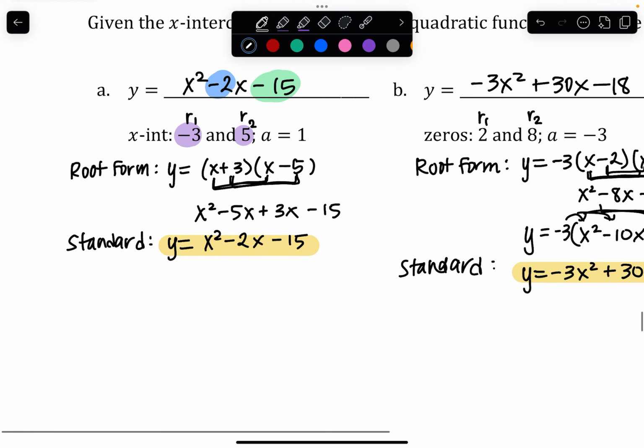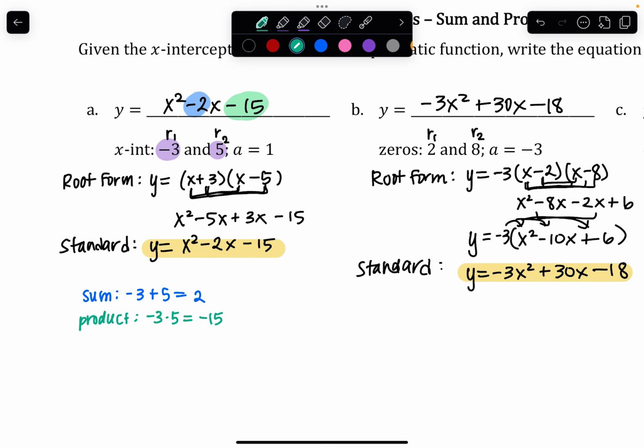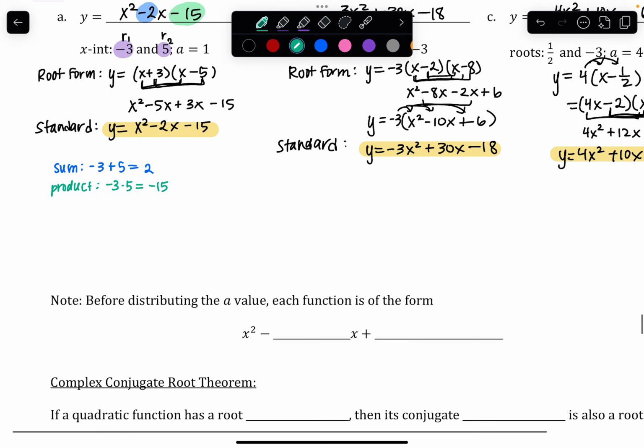Okay, if I add the roots, which is the sum, I would get -3 plus 5, which equals +2. If I multiply, which would be their product, -3 times 5 is -15. Okay, and so the sum and product rule says that your B value is always going to be the opposite